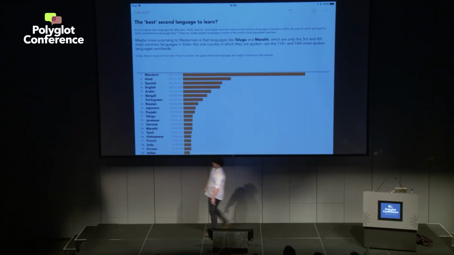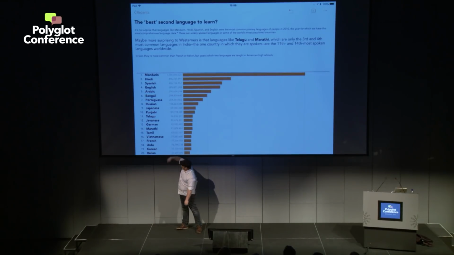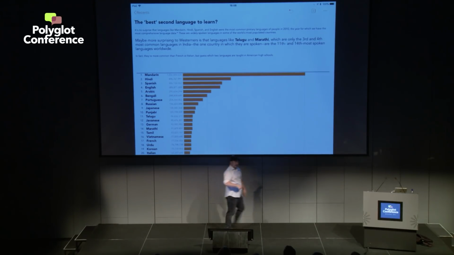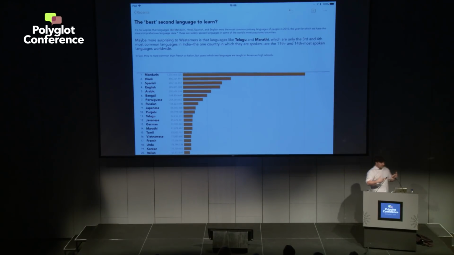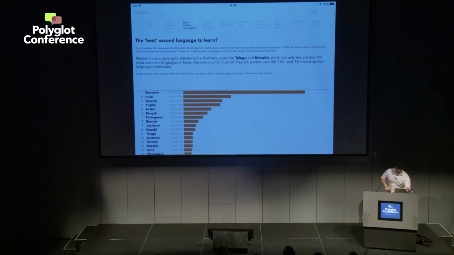There's a reason that we don't tend to learn these languages in the 10 to 20 list. I mean, way more of us learn Italian, which is all the way down at number 20, than learn a bunch of these other languages. And so just saying number of speakers, because people are always talking about Mandarin, there's a bigger context to take into account here. So that's what I want to look at.